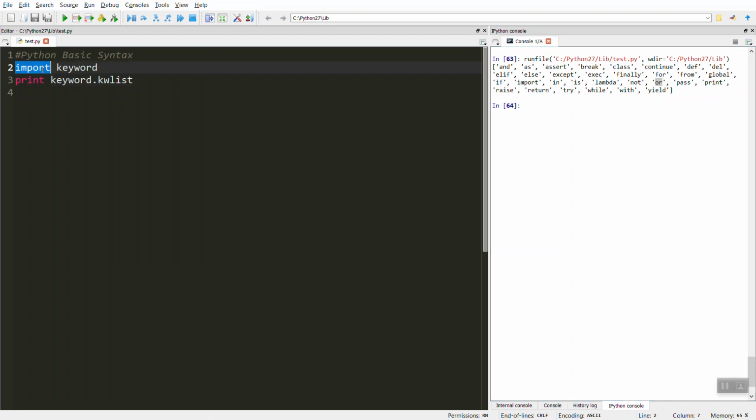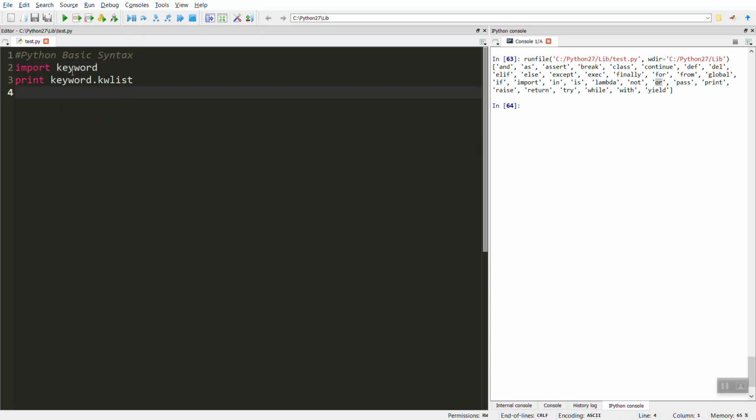So back to the code. Import is a keyword that is used to import a module in Python, so that we can use the functions of that module in our code below, because we have imported it in our module.